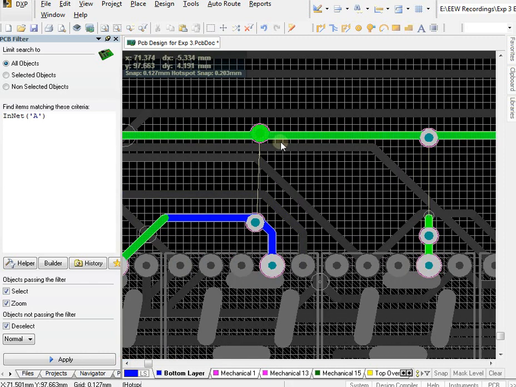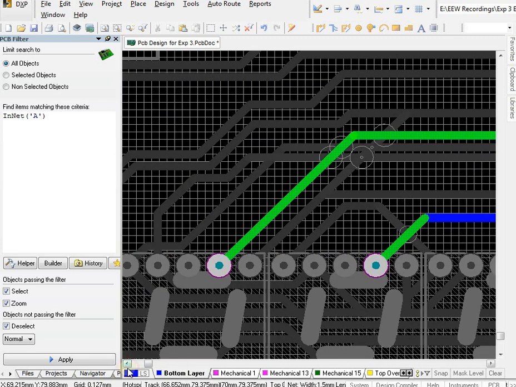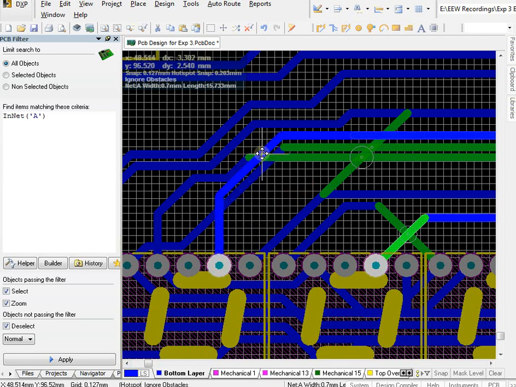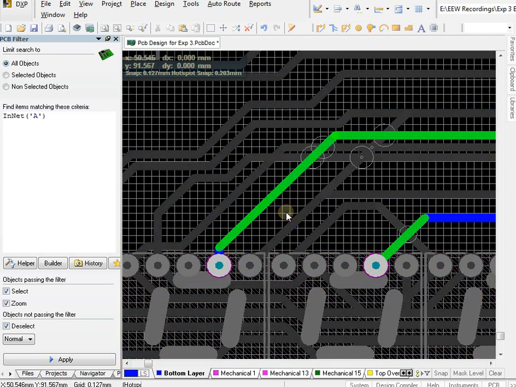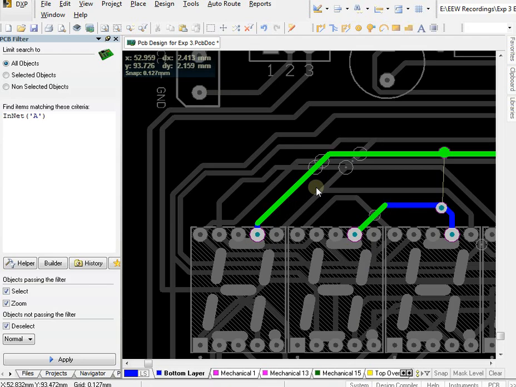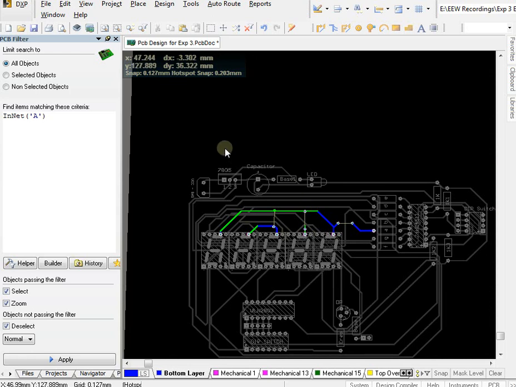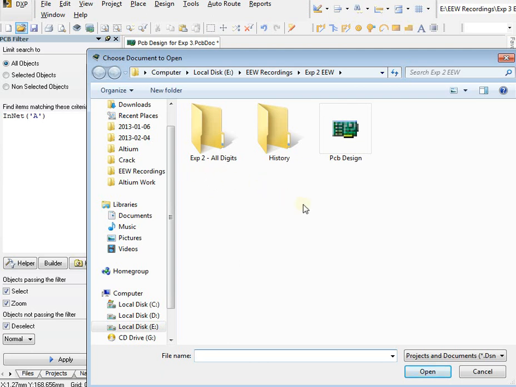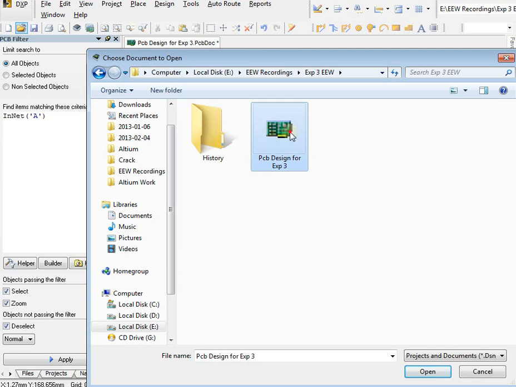But yes, there are some tracks which are very close to each other. We will come on to that afterwards. But in this way, you can have a lot of tracks concluded here by adding vias over here. Now, I'm not going to do that work fully over here. I'm going to show you a file which I have already done, and it's done in 2 layers, in single layer, and it is having all the,